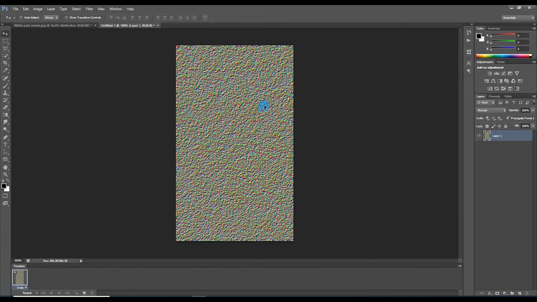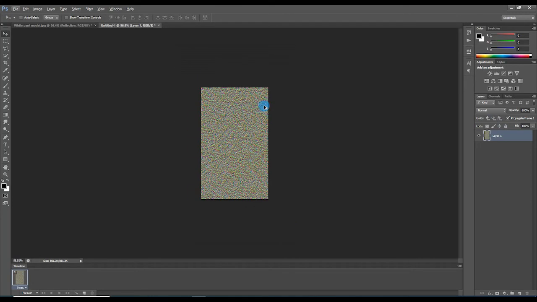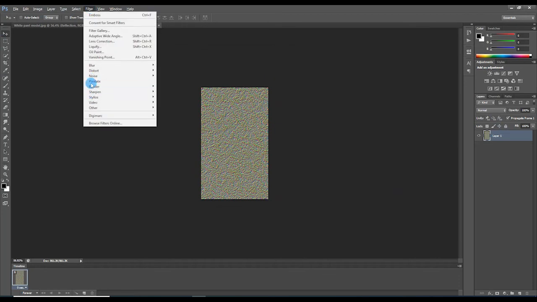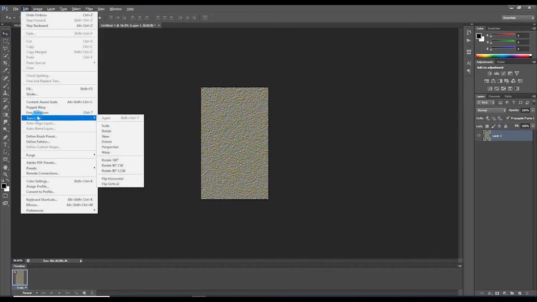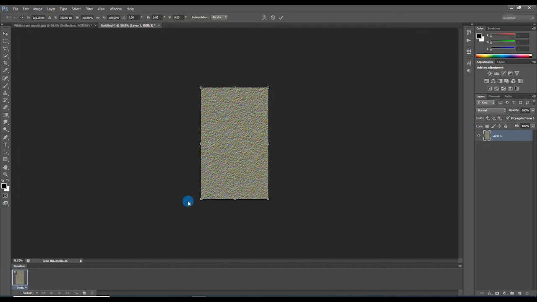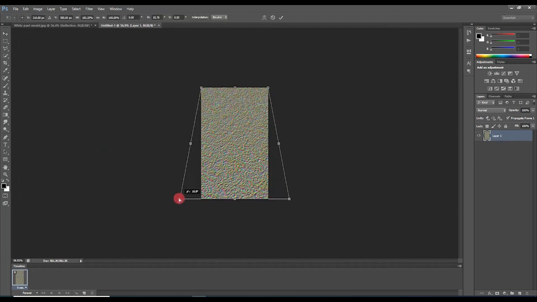Next, we want to stretch the lower part of the image outwards in order to give it the correct perspective. Go to Edit, Transform, Perspective and pull the bottom corners outwards as far as you want.